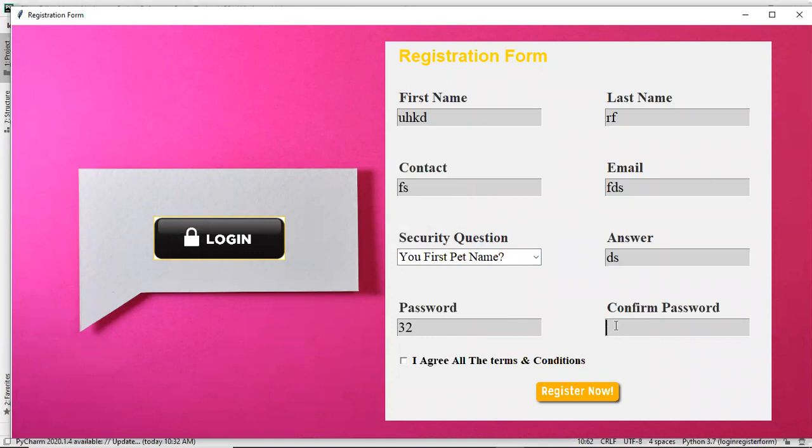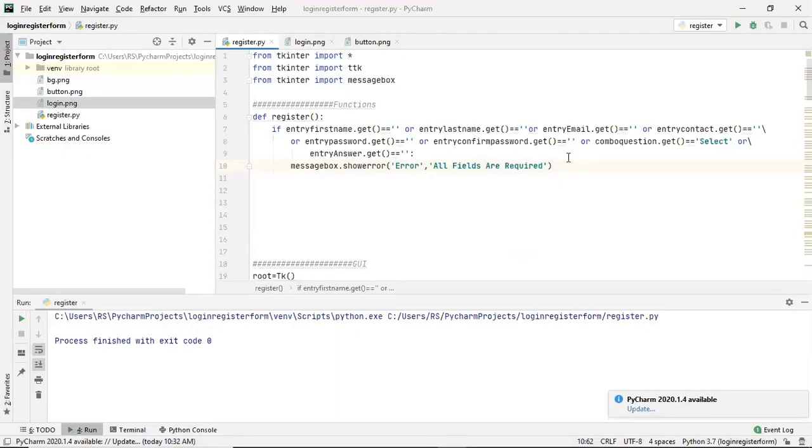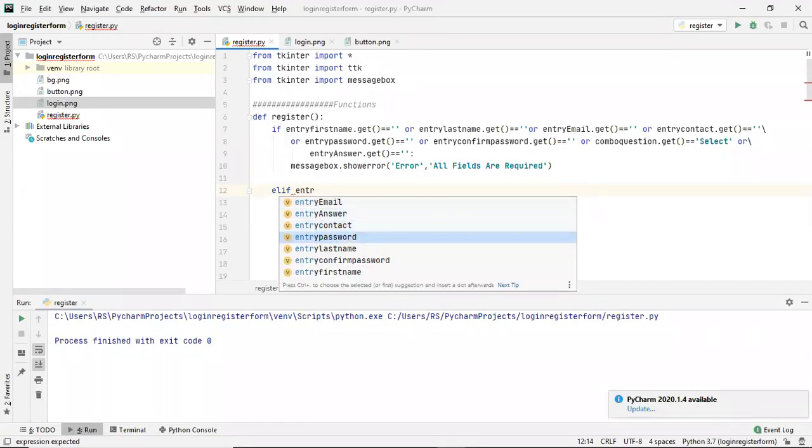If they are not the same, then we will display a message that password mismatch. If they are the same, then it will move to a new condition. So just after this condition we will check another condition. To check another condition in Python we use elif, and in this elif we will simply take this entry password dot get.